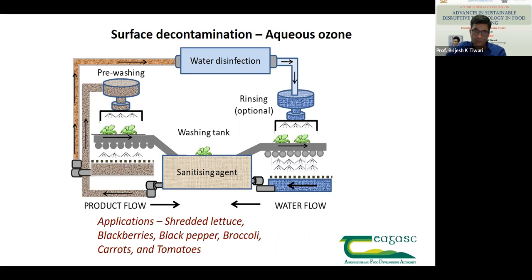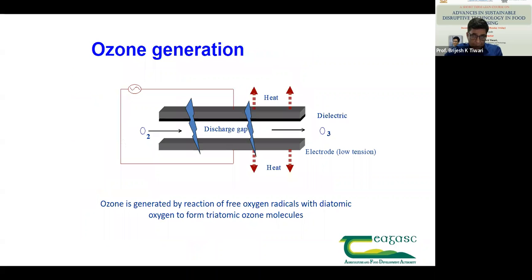Now when it comes to ozone generation, I must remind you that this is all from one of our books, and I have a snapshot of that book, Ozone in Food Processing. That was the first ever book written exclusively on ozone, its different applications, as well as risk assessment and occupational health and safety of ozone. The simple way of ozone generation is by reaction of free oxygen. If you see these two discharges, it's very similar to the plasma dielectric barrier system. If you purchase an ozone generator from any company, it can cost as low as 1,000 rupees all the way up to whatever level. It's very